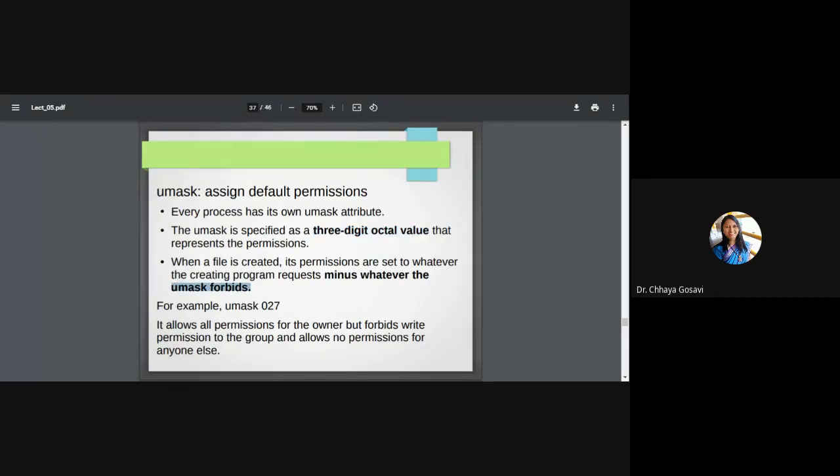For example, umask 027. What does 0 mean? No permission to the owner. 2 is write permission to the group. And 7 means read, write, execute permission for the